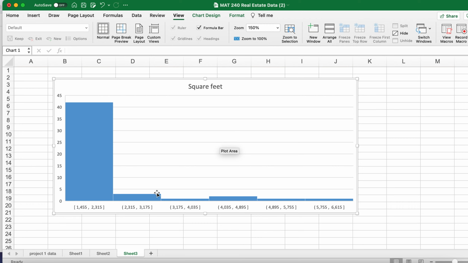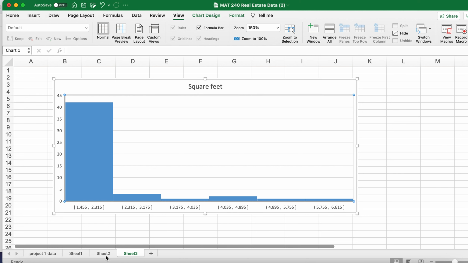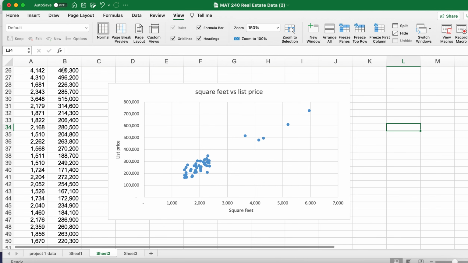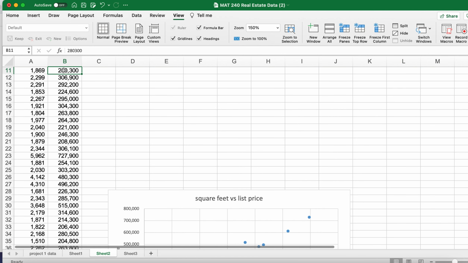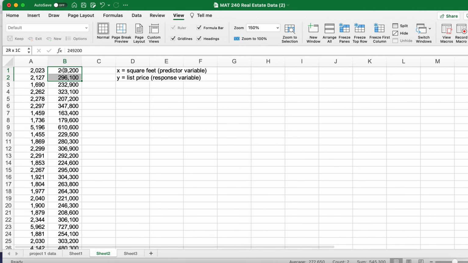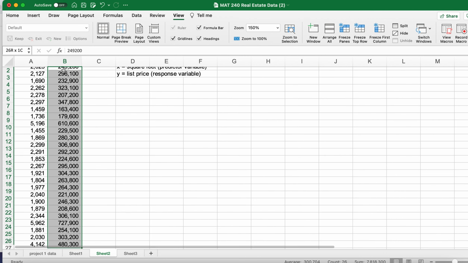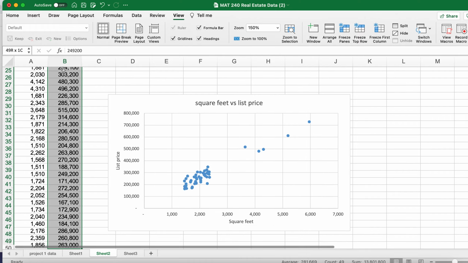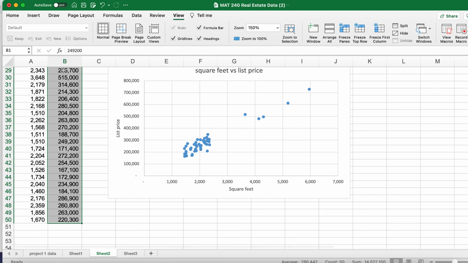We need to do our other one. So this is square feet. What these numbers along the bottom are square feet. So let's make our next one. Let's go back to our sheet. Okay, we need to highlight all the square feet,